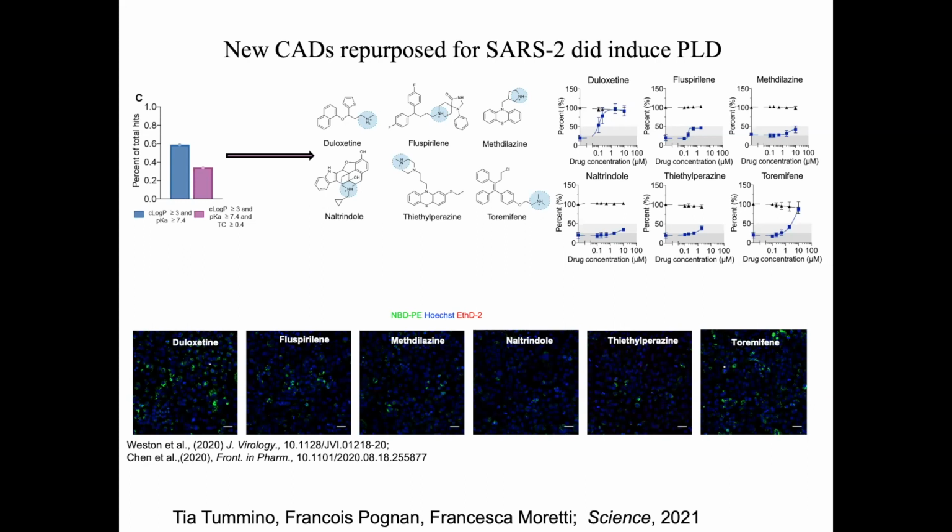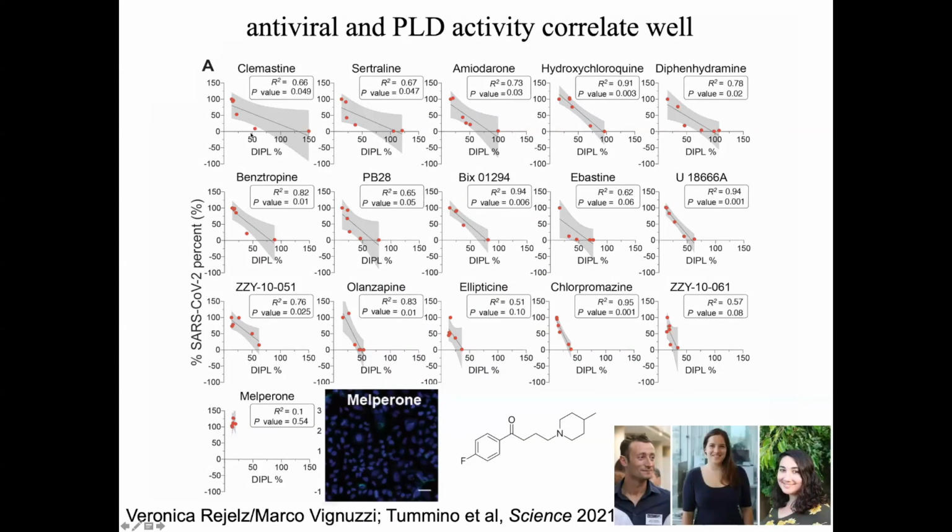So I'll just show you this. There was this good correlation between antiviral activity and phospholipidosis. This is DIPL, drug-induced phospholipidosis, on the x-axis, and the y-axis is antiviral activity. There was a good correlation for all these molecules between antiviral activity and phospholipidosis, whereas the negative controls like